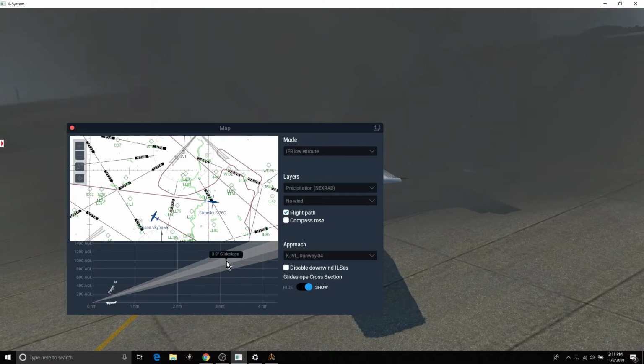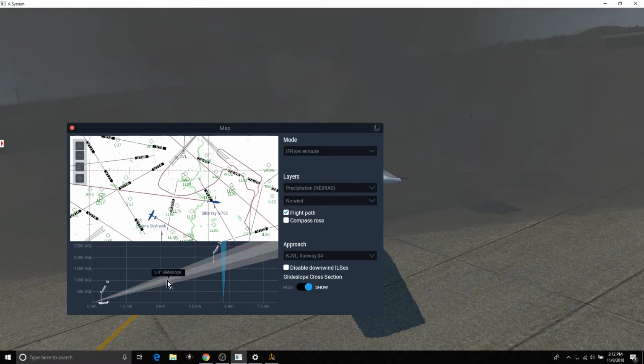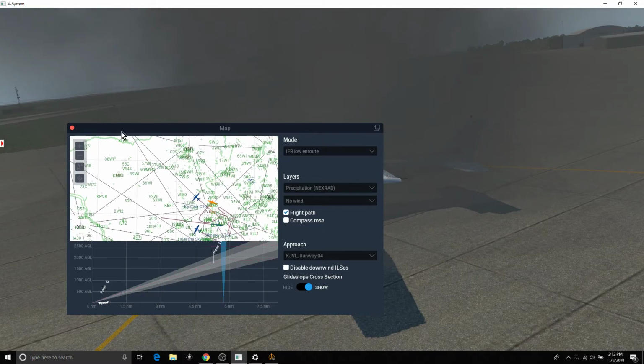So we shot an approach, and we started our descent from the outer marker right up here, 5.7 nautical miles, and flaps right up here, 3 degree, 3 degree, all the way down. That was not bad. So